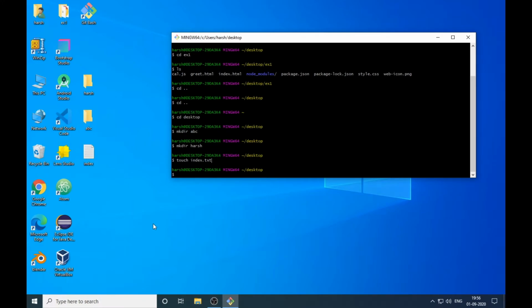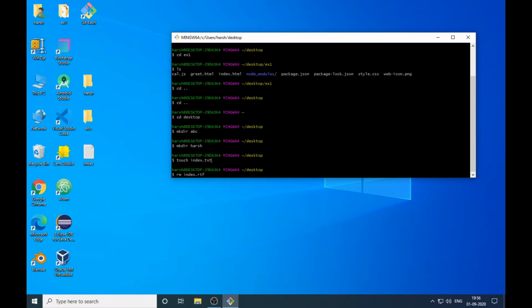So the next command is remove. What if I want to remove a file or any folder? Here I have the index file. What if I want to delete it? I don't want these kinds of files in my system which I don't use. So we have a command for the file, which is rm space index, the name of the file, dot rtf.